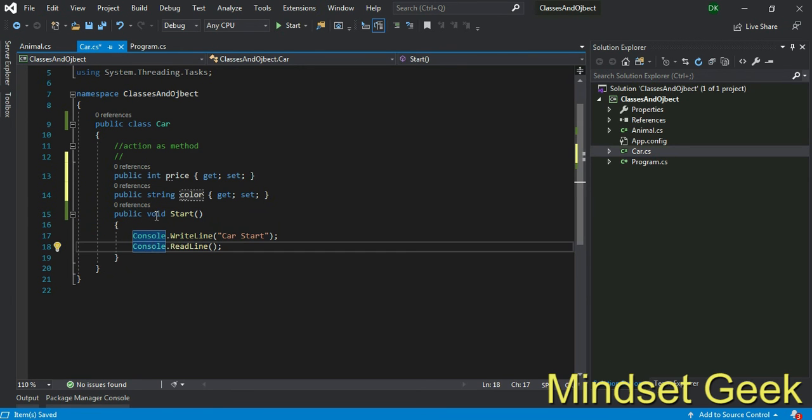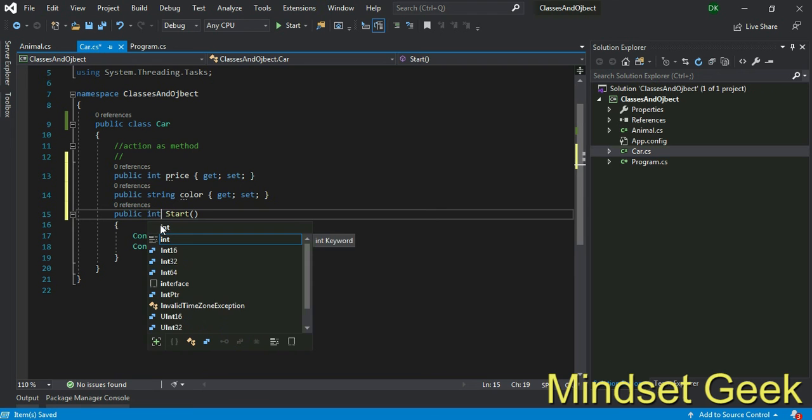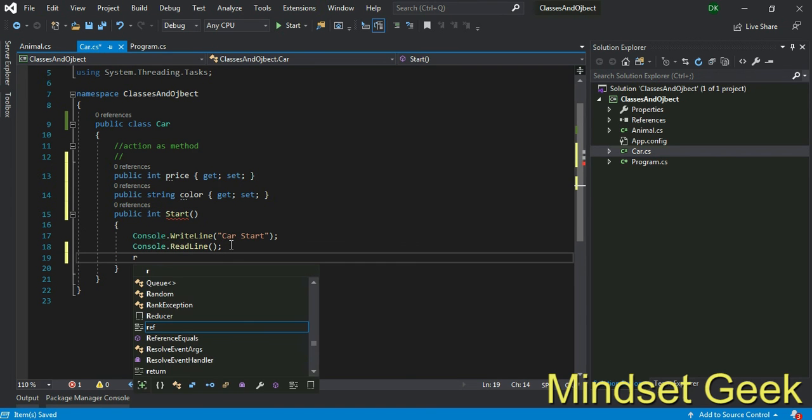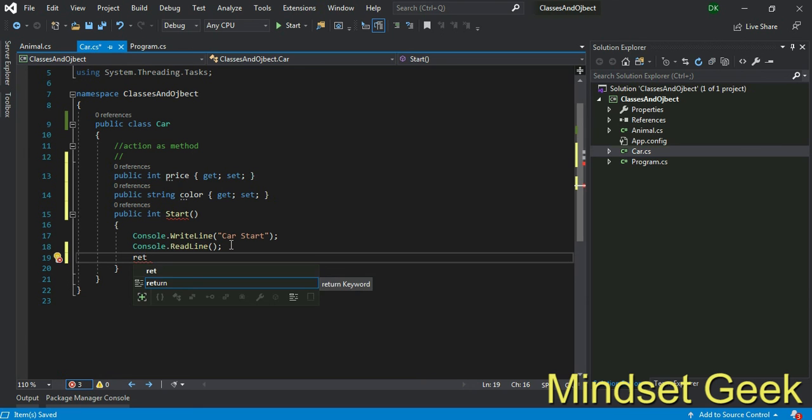One more thing, there is a return type for a method, right? This time you keep void type, right? With void type you don't need to return anything, right? Think about this being int. You must return something, and that type must be integer, right?